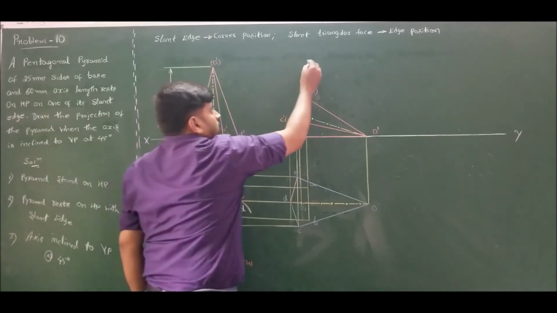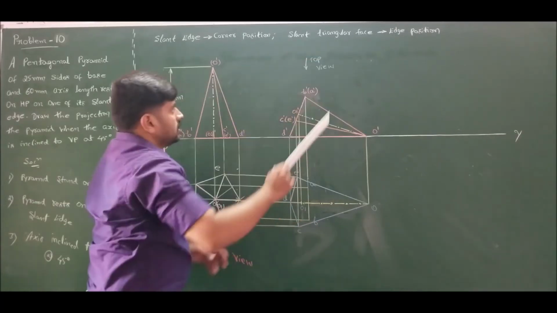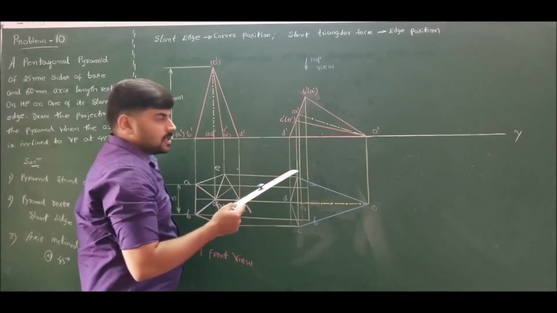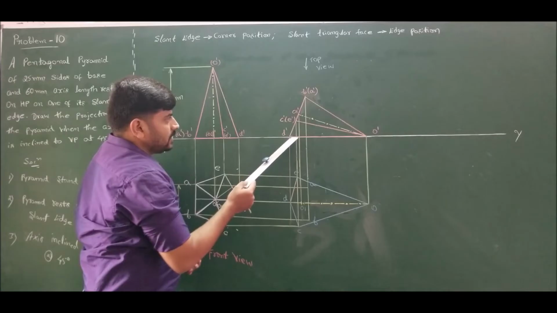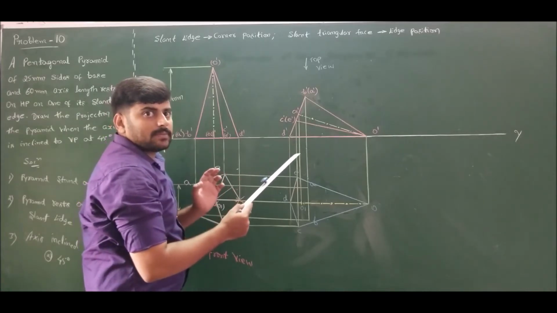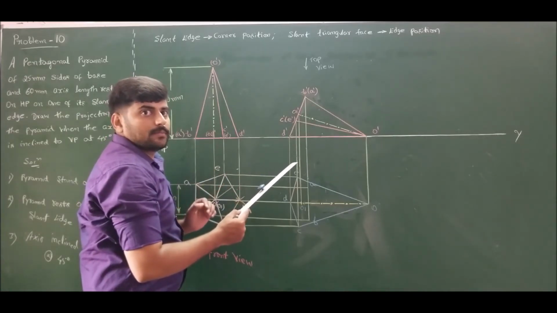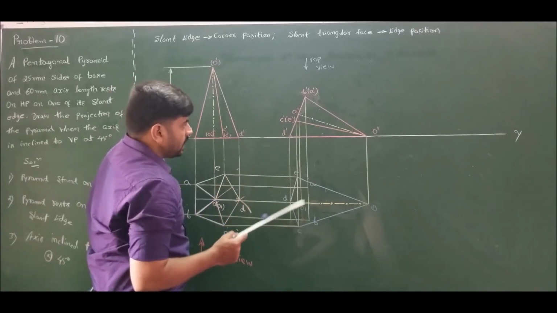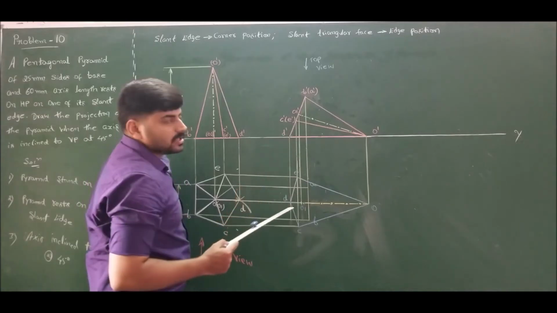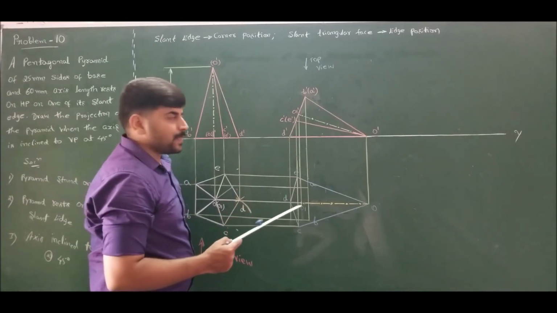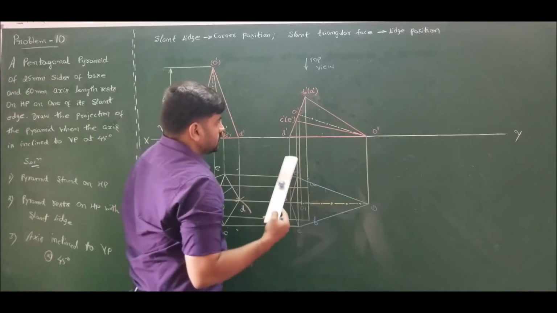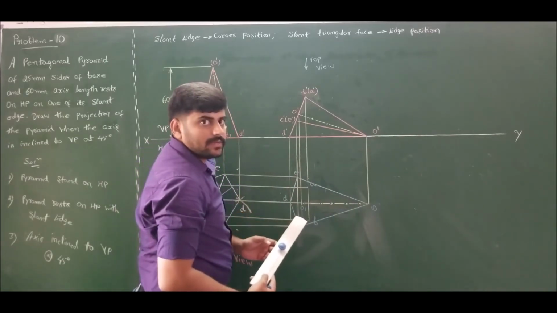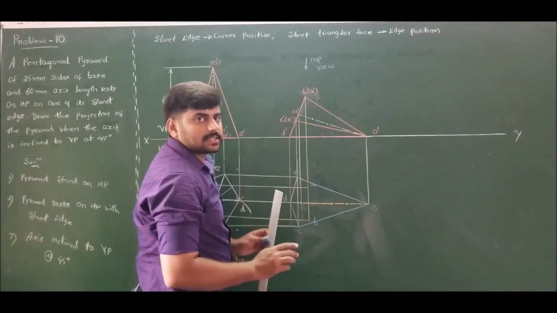Now in the top view, the observer will be here. To the observer, the farthest base corner is D prime. Therefore, all the edges emerging from D prime are invisible except where they lie on the boundary of the pyramid. C to D is on the boundary, and D to E is also on the boundary. Therefore, they are visible. The only invisible edge will be D to O. So mark D to O as invisible, and all the rest of the edges as visible.